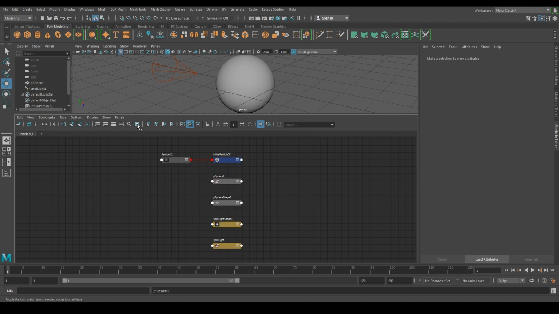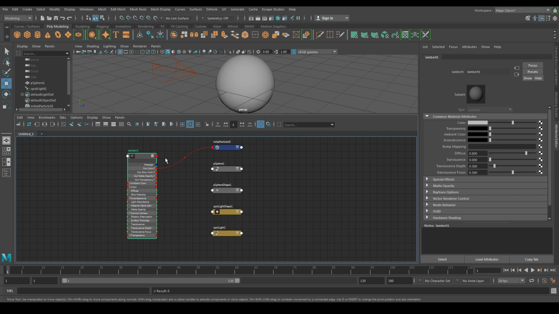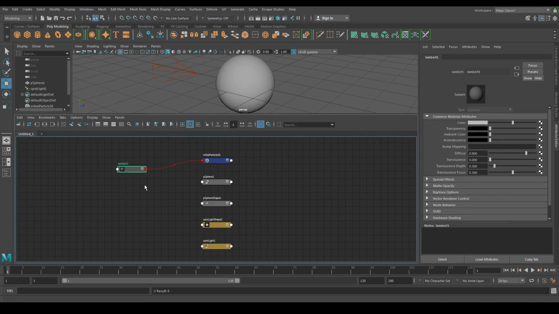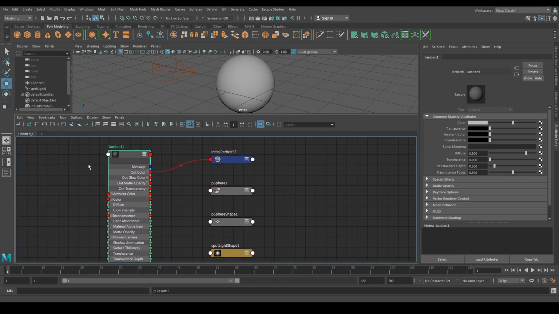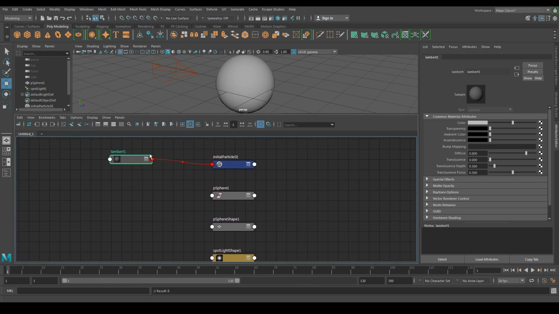This will just toggle the size of the nodes, big or small. I quite like small ones, and I like to expand them up to use the connections that I want to. Sometimes if there's too many connections to deal with, but you know the one you want, for example, the colour,